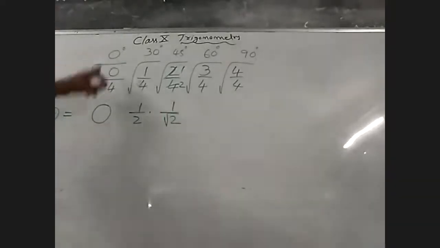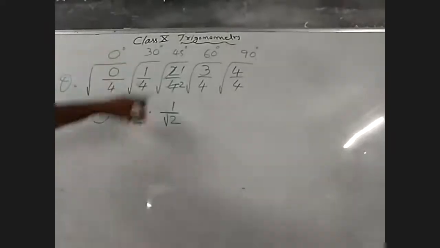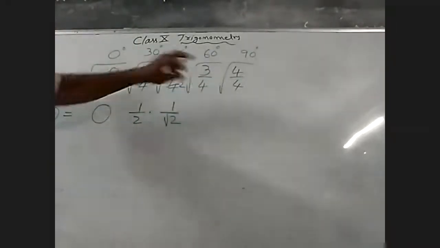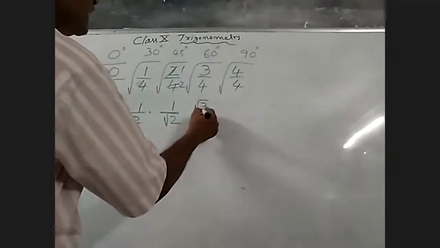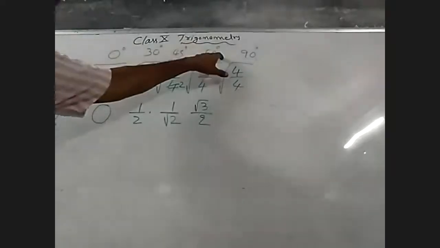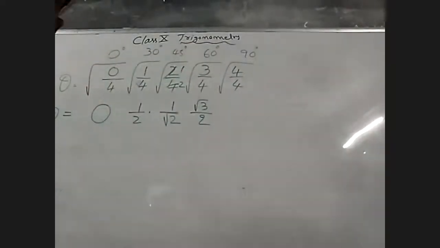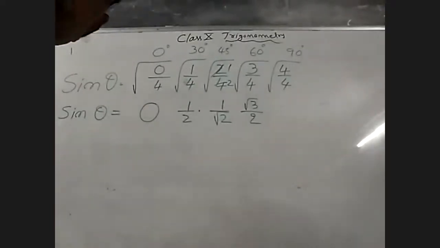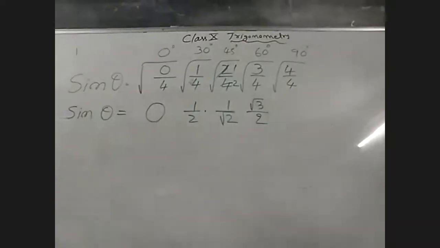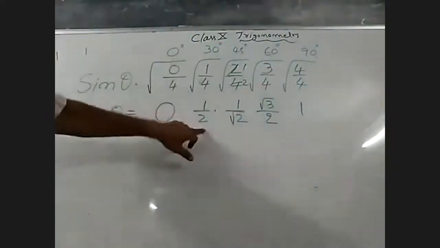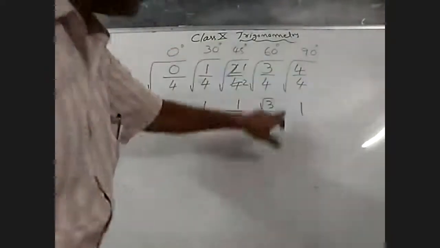Sine theta is equal to: sine 0 is 0, sine 30 is half, sine 45 is 1 by root 2. Again sine 60: root of 3 becomes root 3, root of 4 becomes 2. Therefore, sine 60 is equal to root 3 by 2. Next, 4 by 4 is 1, therefore 1. So sine 0 is 0, sine 30 is half, sine 45 is 1 by root 2, sine 60 is root 3 by 2, sine